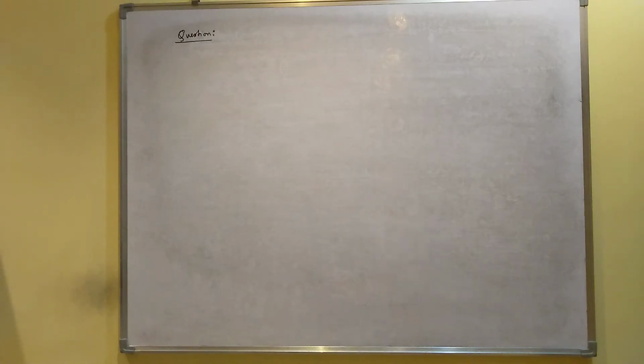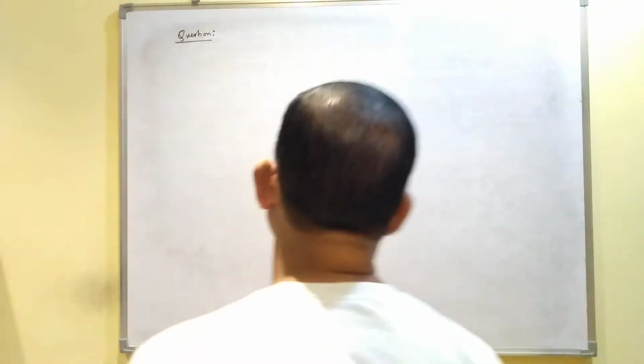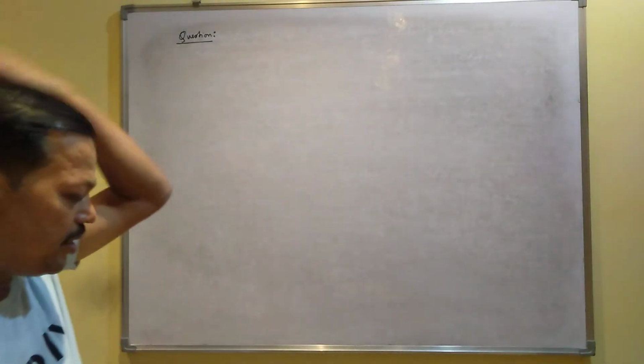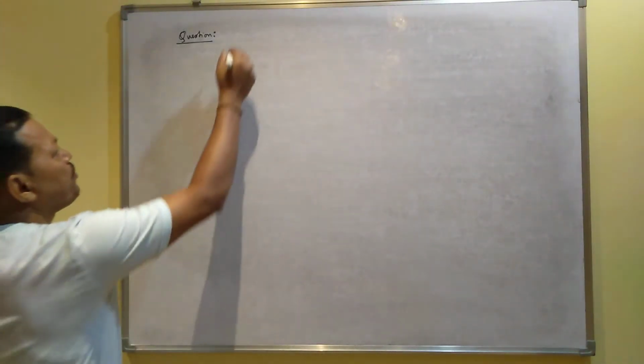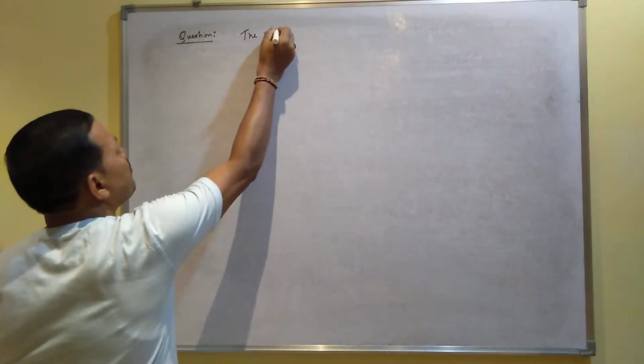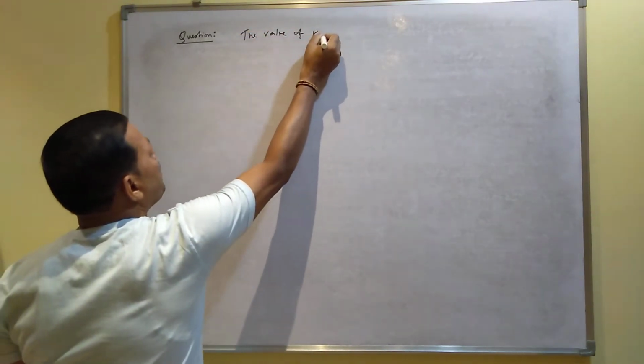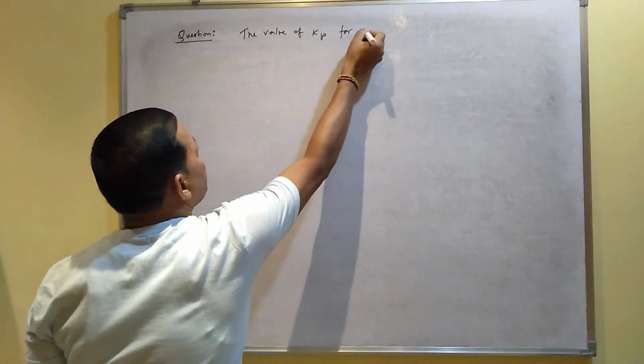Okay, now I'll give you a question. Already you have got the characteristics. From those characteristics, I'll give you a question. The question is the value of Kp for the reaction